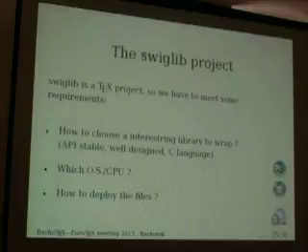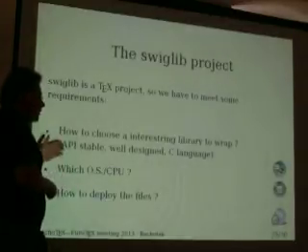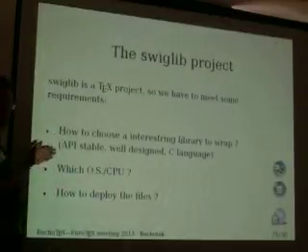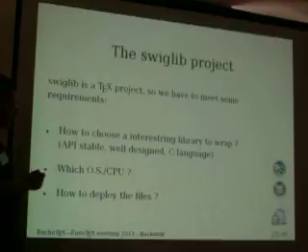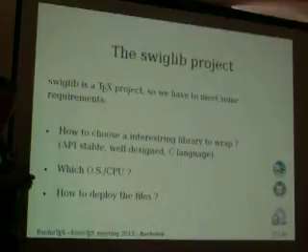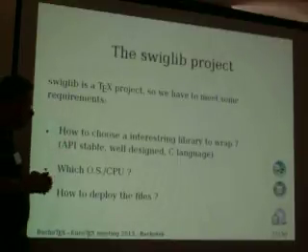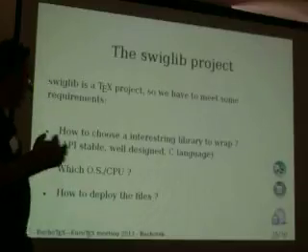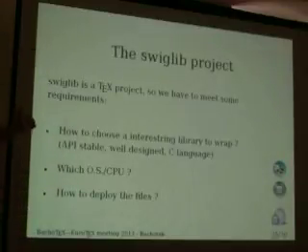Given that it is a tech project, the swiglib has to make some requirements. For example, how to choose an interesting library. From my point of view, the API must be stable. It must be well designed and C language based. After this, I have no other requirements, but there are not many libraries that are API stable or well designed. So